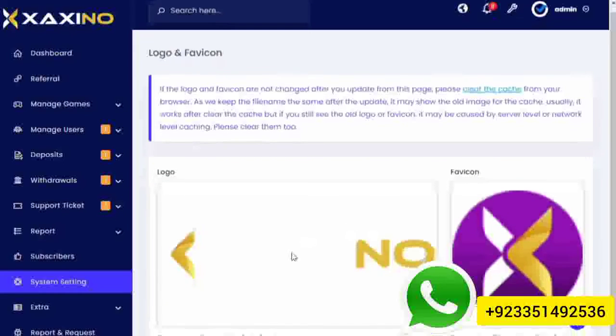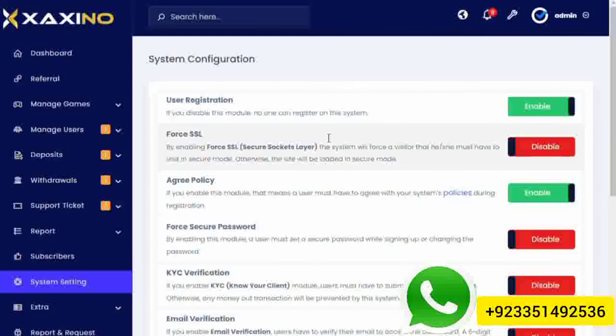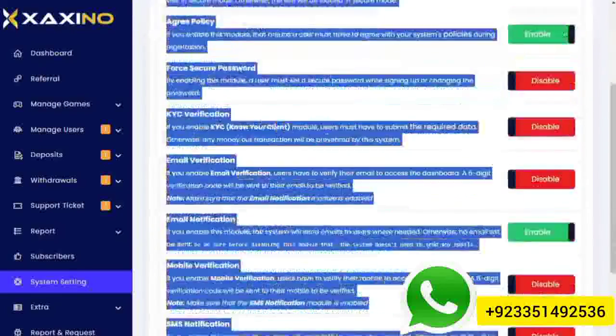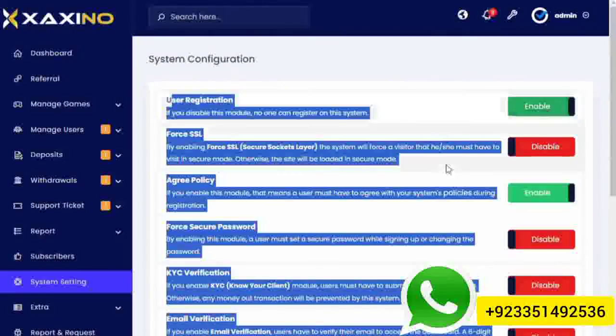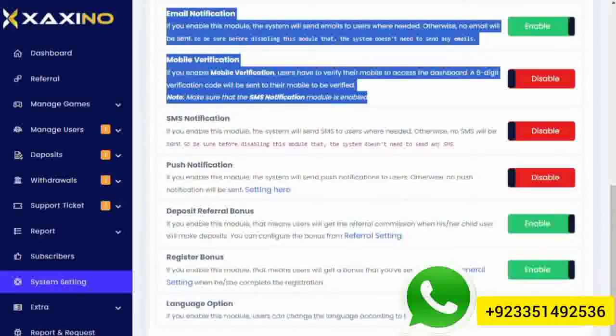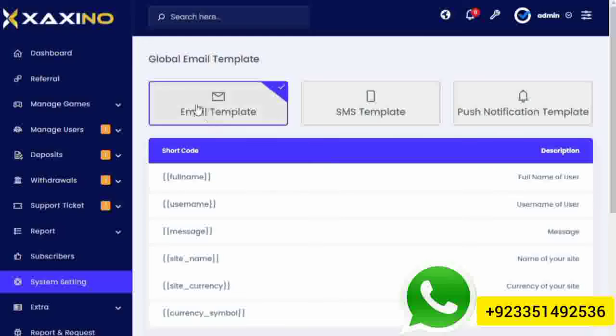So I am going to show you the logo and favicon on this website. I am going to show you how you can change your logo and favicon from here. You can click the cloud button and add your own logo, and your logo has successfully been added on this website and get submitted here. So here is the system configuration of this website. You can see all the other types of sections you want to create. So you can also enable and disable the section from here and get submitted here. Your section has easily been disabled and enabled from here.